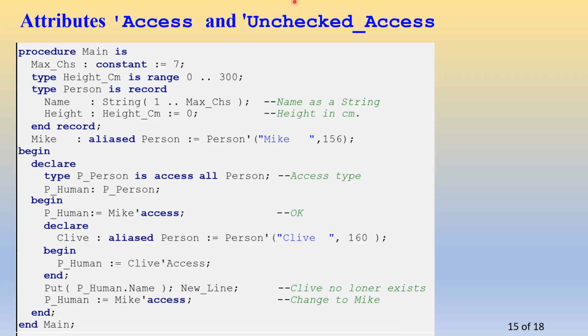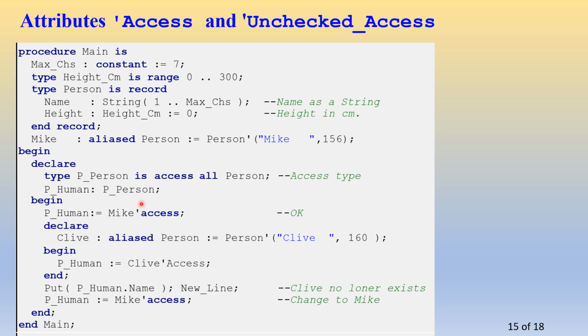And how do you access? As we showed previously, we use the tick access to allocate the memory to the pointer. But there are some rules in Ada which you cannot violate. For example, this is one more procedure you can take. This is a top level declaration where you define the access type and also the object for the access type, and you define and allocate the